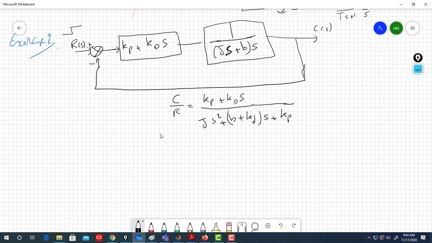In our previous session, when we were demonstrating something similar, we found our transfer function and said this has a zero, and the zero is not a desirable effect. So that's why it's recommended to do